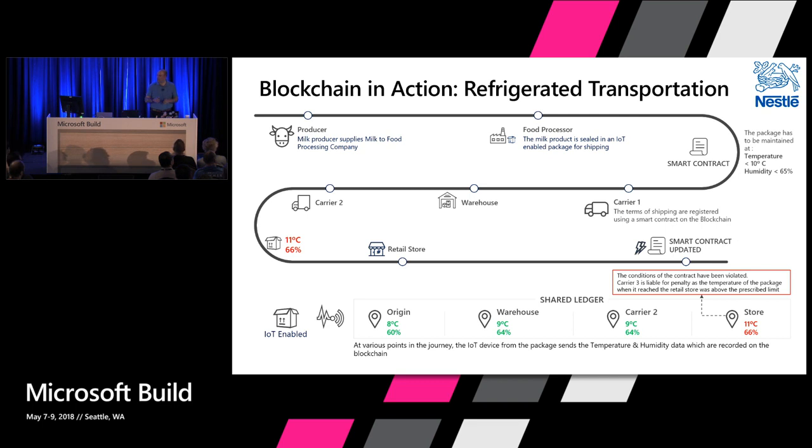Let's stick IoT devices in there and detect when the temperature drops below or above a certain threshold. That's great, but you still have the problem that that IoT data is going into some central system. And the manufacturer and the retailer and the shipper might not agree about what actually happened, or they might dispute it. You might get into an argument. Yes, I know the ice cream melted, but I don't really trust that data. How do I know that your IoT sensor was really there? How do I know that you didn't tamper with that data after it arrived at the back end? There are a variety of reasons why that solution might not be enough, especially in a complex multi-party supply chain.